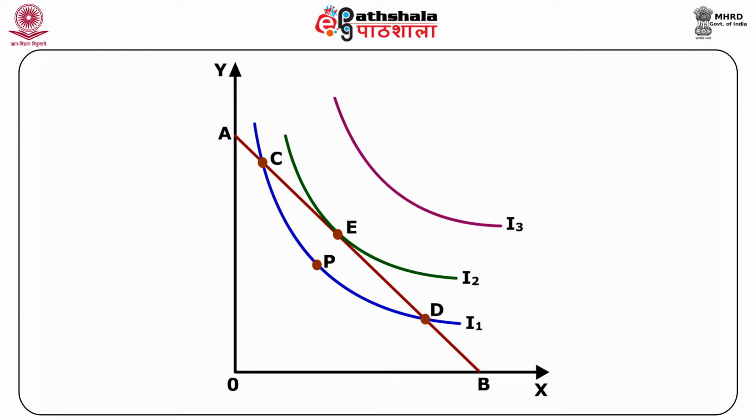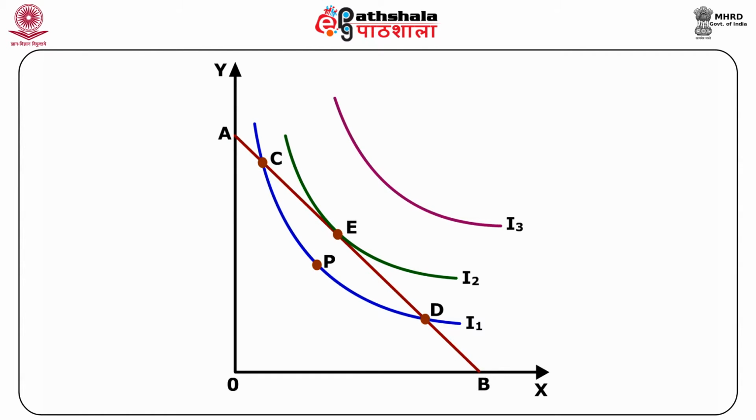We conclude therefore that with given money income and prices shown by the budget line AB,